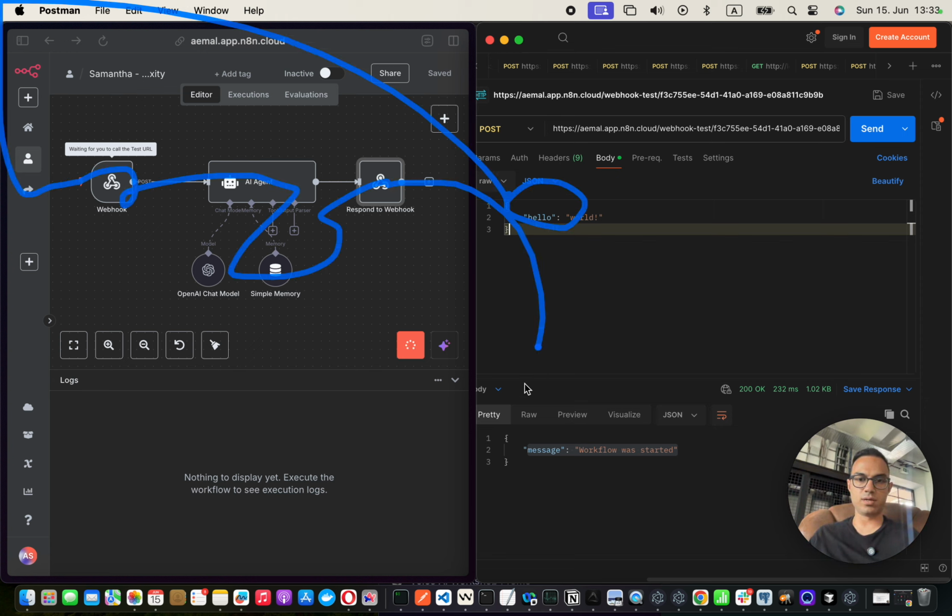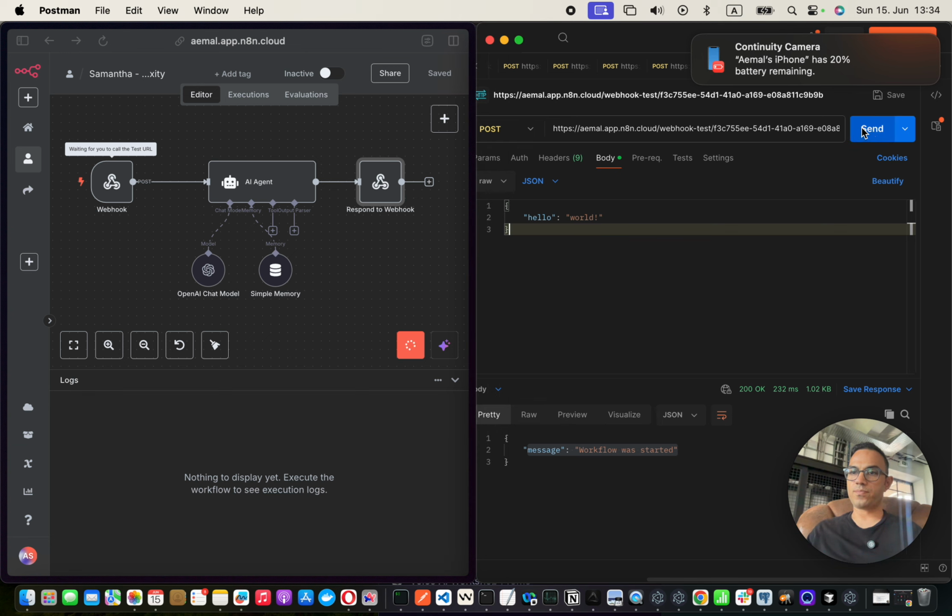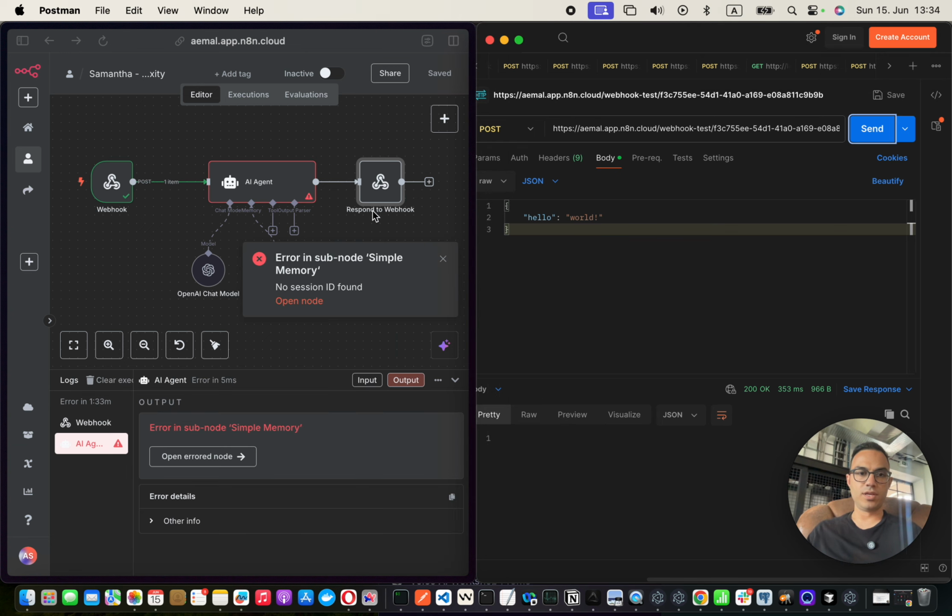It's running. This is very important. One of the things that can go wrong is you're probably not in running mode and you're clicking this. This is one of the main failures that happens. So make sure that the workflow is running. Now if I click on send, you'll see, okay, there's an error. Let's quickly fix that error. It's basically about this,